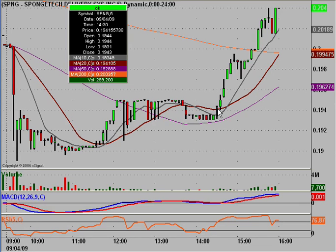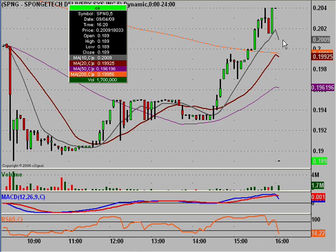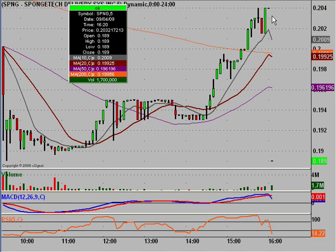what time was this? At about 2:30 here, the bulls all of a sudden showed up and really pushed it upwards. Nothing huge in terms of volume, but whatever happened, the chart really came to life this last hour and a half of the day. So this will be interesting to see what happens